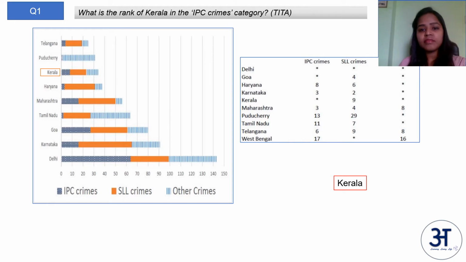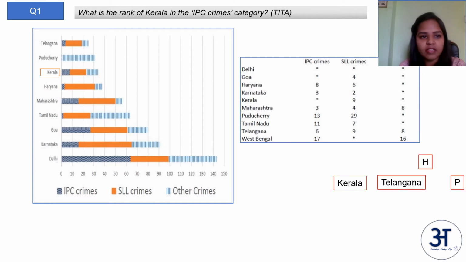So let us look at the lengths of the first blue dotted region. I'll start with the first one, Telangana. Telangana's length, the first blue length, is definitely lesser than Kerala, so I'm putting it to the right side. Then Pondicherry is less than Telangana as well as Kerala, so I kept it to the last. Then Haryana, it's between Telangana and Pondicherry.